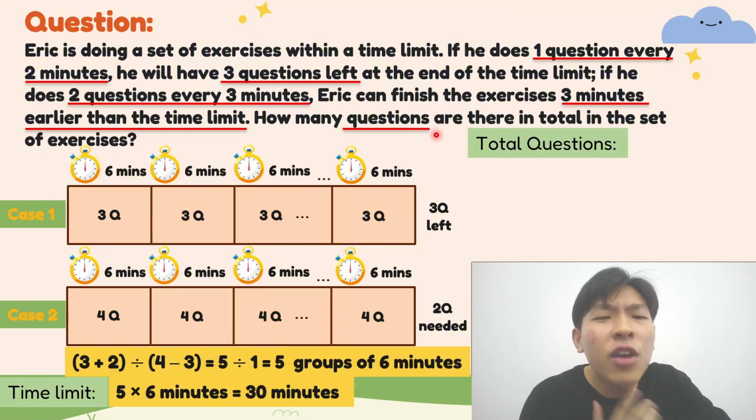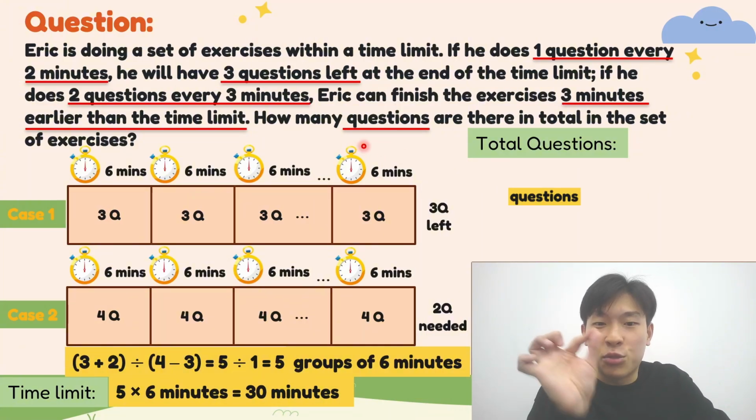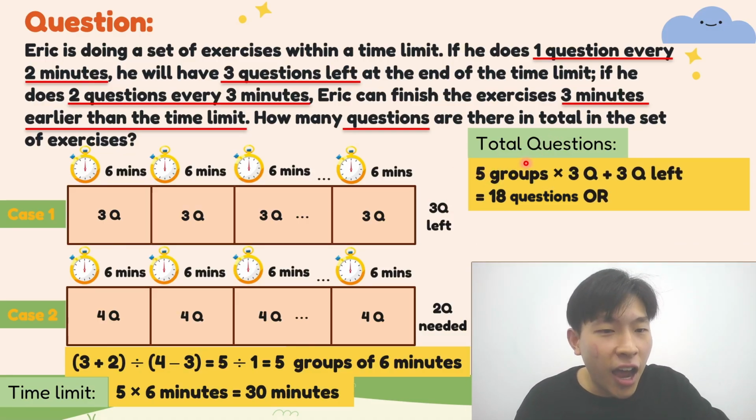The question says, how many questions are there in total? So just now when we said that, we don't use this 30 minutes. We use groups. We know that we have 5 stopwatches. So one stopwatch is 3 questions. So 5 stopwatches, how many questions? 5 times 3 and plus 3. Perfect. So we get 5 times 3 plus 3 equals